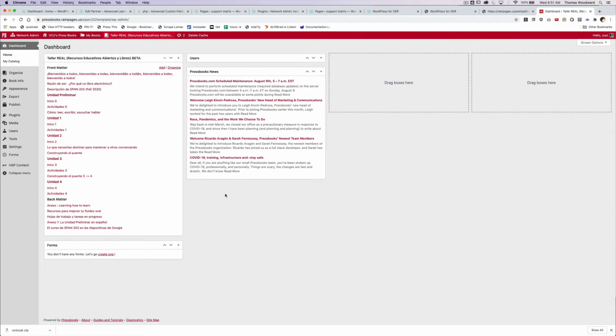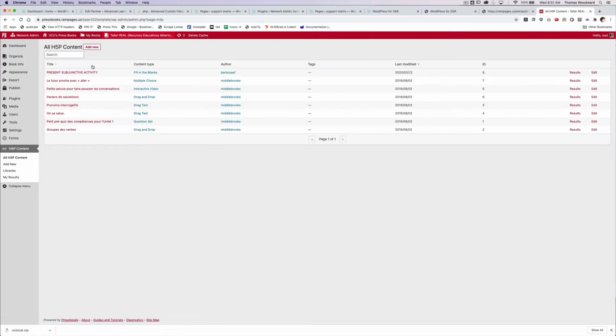Alright, I'm going to give you a quick H5P overview within Pressbooks. So we're in the dashboard, in this case with the Spanish template, but it'll be the same for any of the Pressbooks installations. You'll notice there's an H5P button right here. So if we click on it, what we'll see is this is all the H5P content that's been created so